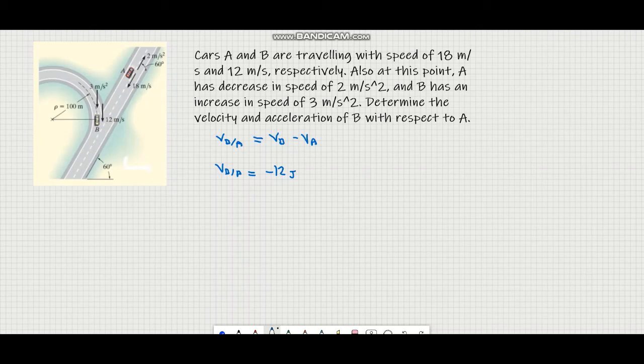So first of all, I need to write minus 12j for this term. Then after that, I'm gonna write A, which is the velocity in the negative direction, right? Minus 18 meter per second. So it's gonna be in the minus x direction as well. So I'm gonna say minus 18 cosine 60, which is in the i direction, and then it's also going in the minus j direction, so it's gonna be minus 18 sine 60